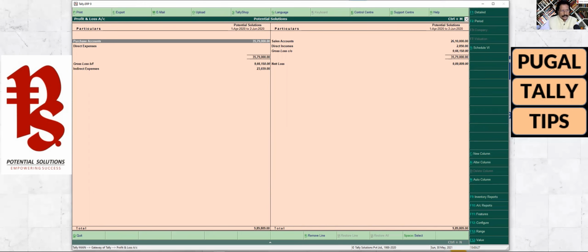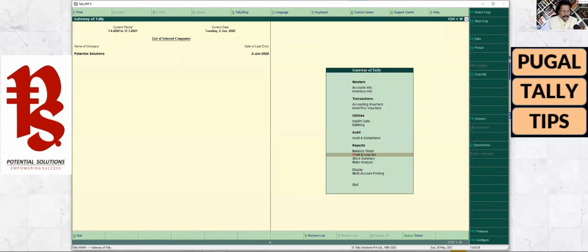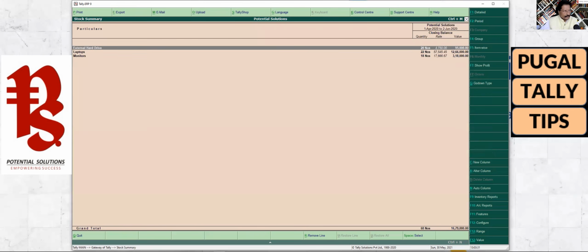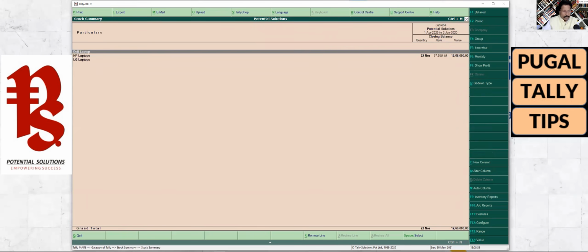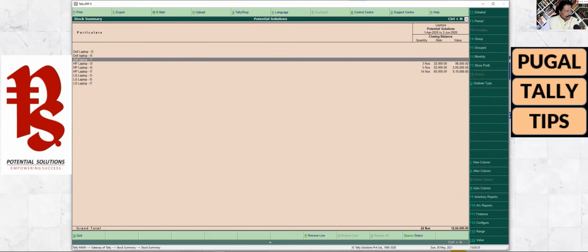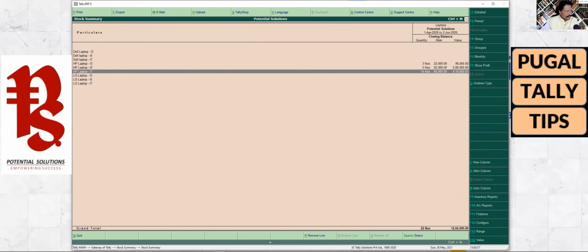Right. So let's see what is the stock that you are having. So go to stock summary, right, and then go into laptop. I'm going to select this laptop i7, right, and now it is saying that you have 14, 9 plus 5.